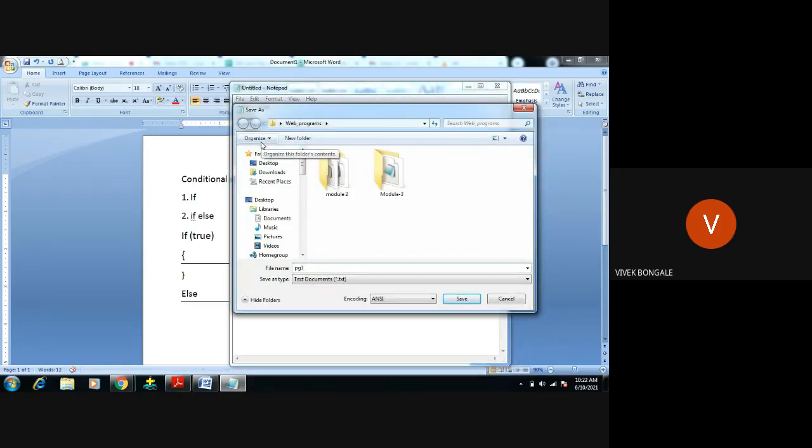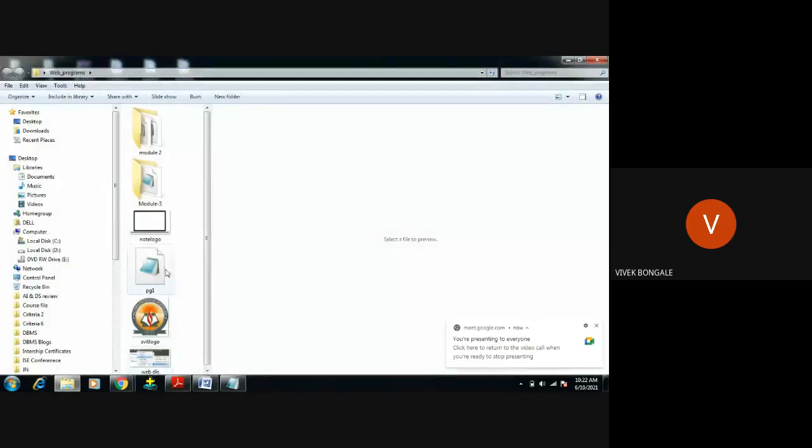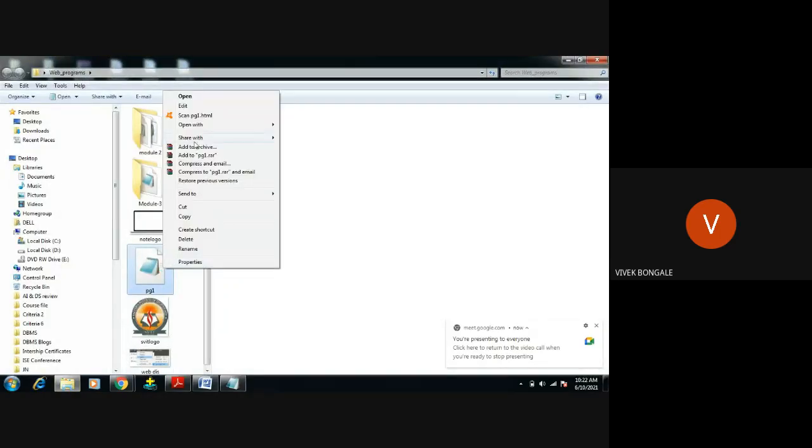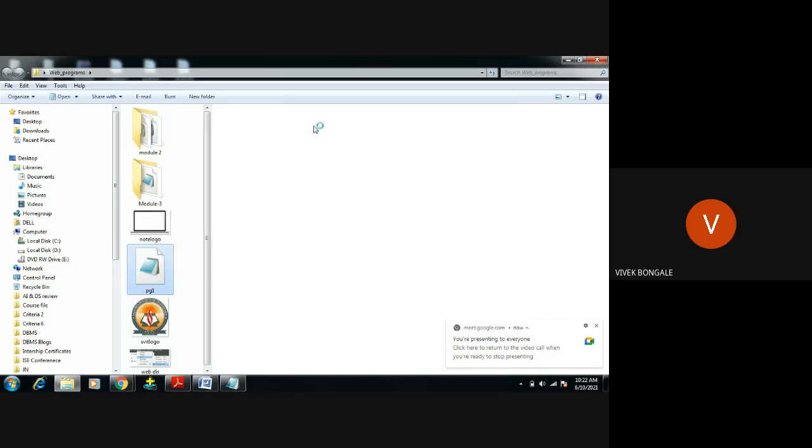Program 1 dot HTML, save. Here, open with Google Chrome. See, we didn't get any value here, right? We didn't get any value as we are trying for the if statement. Only if the condition is true, then it will display the SVT, name is SVT there. Otherwise, it will not display anything, right?